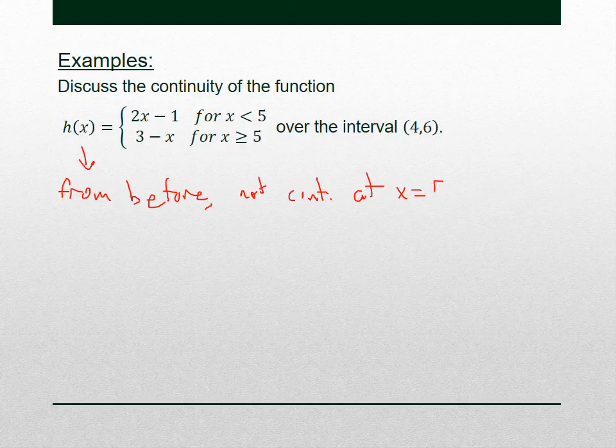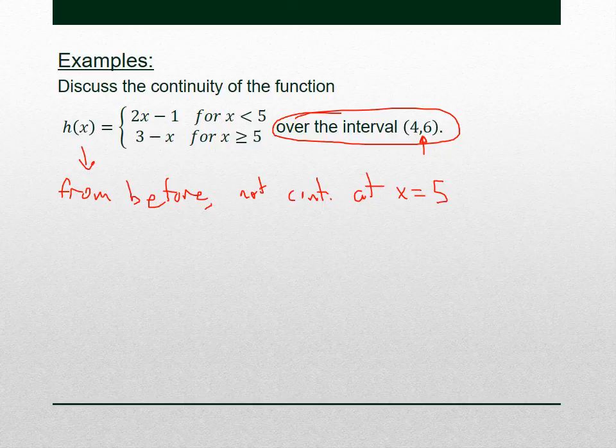Well, instead of saying, is it continuous at 5, I said over the interval from 4 to 6. Well, what does that mean? So to be continuous on an interval means that you're continuous at every point in that interval. So since 5 is in that interval, h of x is not continuous at 5,